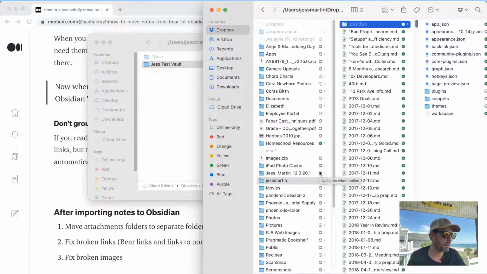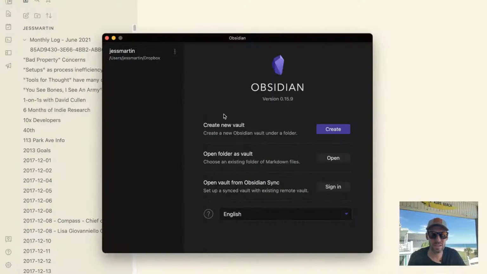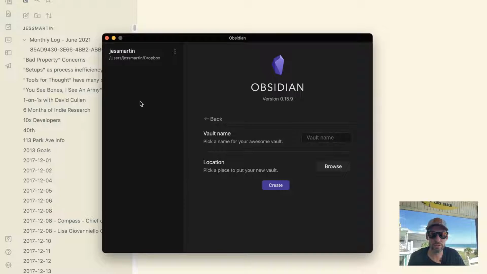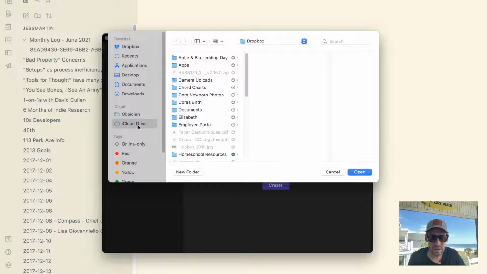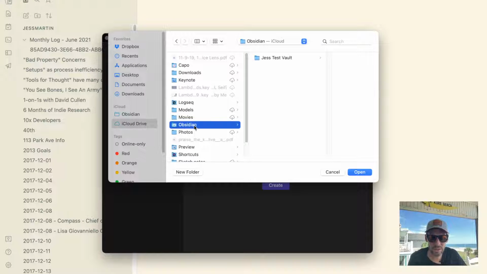So what I think we'll need to do, one, this vault is out of date. Like I mentioned, I migrated this over maybe 2 months ago, something like that. So we're gonna need to get rid of it anyway. And we're gonna need to create a new vault in iCloud. Apparently you can just do it that way.